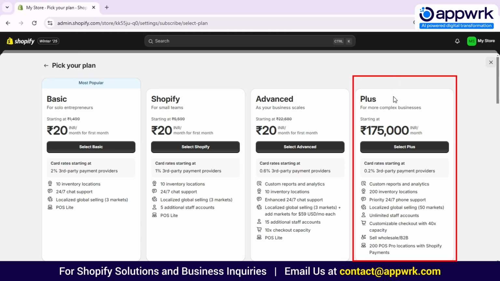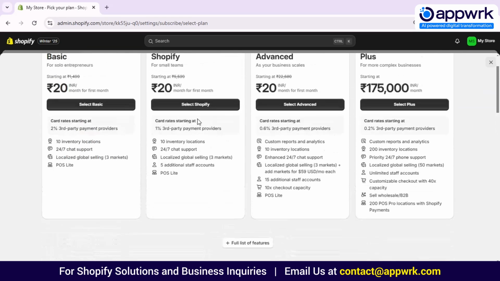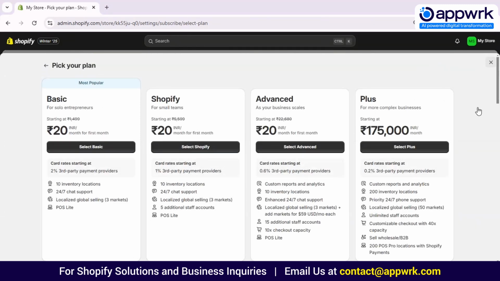If you have a complex business with a larger amount of products, you can choose Plus plan. It has custom report and analytics, 200 inventory locations, priority 24/7 chat support or phone support, localized global selling in 50 markets, unlimited staff accounts, customizable checkout with 40 times capacity, B2B sales, and 200 POS Pro locations of Shopify payments. So you can choose a plan according to your need, and once you have chosen the plan,